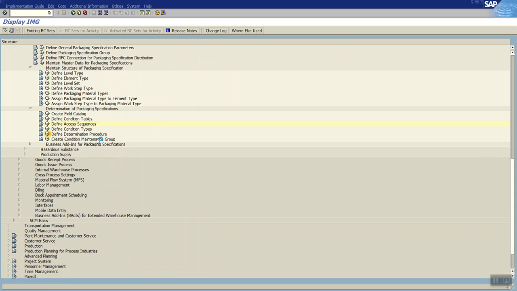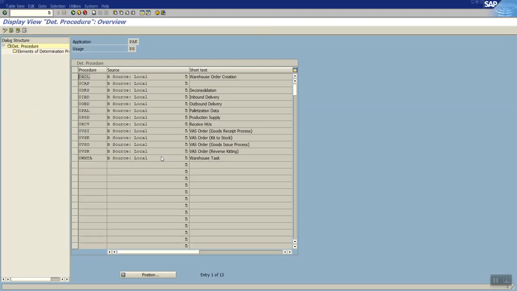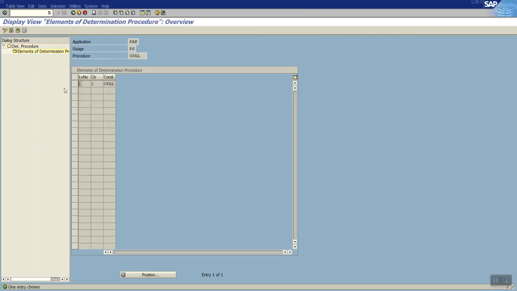So now let's assume that we define the condition table, access sequence, and condition types, and all these procedures are assigned to one packaging specification determination. So now this is the standard procedure 0PIL, and inside that I can see my condition type is assigned.